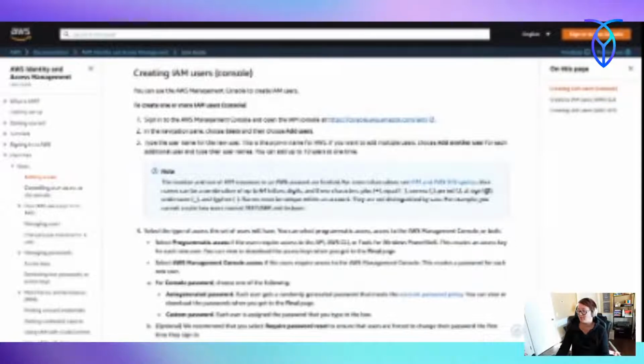Add MFA. Okay. Add multi-factor authentication for the root user to improve accessibility for the users. Add user. I'm just kind of going based on